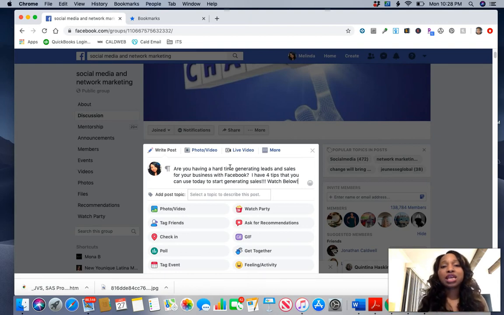So what that's going to take is you're going to have to start learning. You're going to have to start learning how to market. You're going to have to start learning about your products. You're going to have to start being knowledgeable. For instance, if you are someone who is a part of a company that can help build people's credit, instead of saying, "Hey, click my link so I can help you with your credit," say, "Here's 2 tips that you can use right now that could help bring your score up within the next 90 days." You want to start giving advice so people will just remember you and come back to you because you want